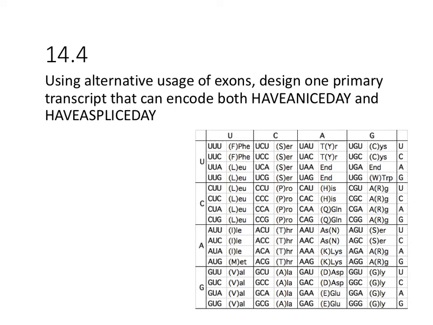So in general, what's the difference between these two protein sequences? So these could be two different proteins encoded by the same gene. They're just created by differential splicing. So what's the same between have a nice day and have a splice day? SPL versus N. Okay, so the difference is there's an N in that protein and there's an SPL in that one. The rest of the amino acids are the same, which means we could have an exon, say exon